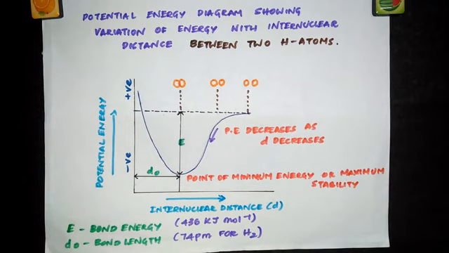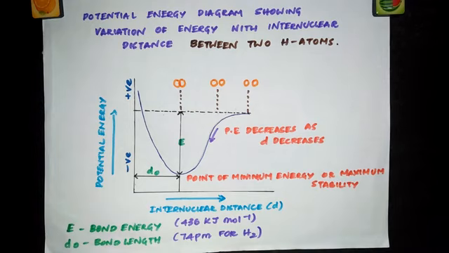Now, as the atoms start coming closer to each other from infinite distance, they are at two different places. Two hydrogen atoms, they are at two different places. Now they are coming closer to each other. What will happen? They start interacting with each other as they are coming closer. And in the case of hydrogen, I told you, the forces of attraction exceed the forces of repulsion. So what will happen? The system will start losing its energy.